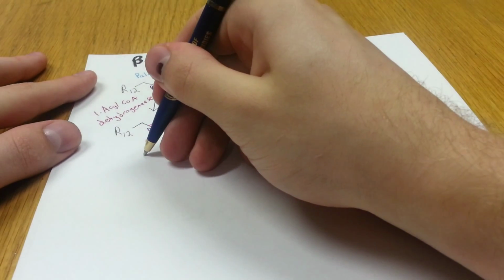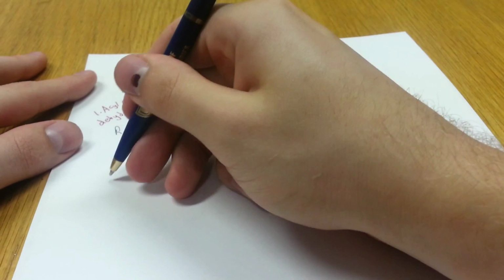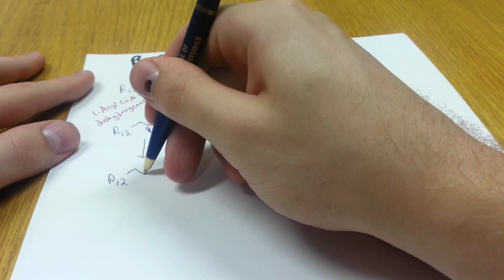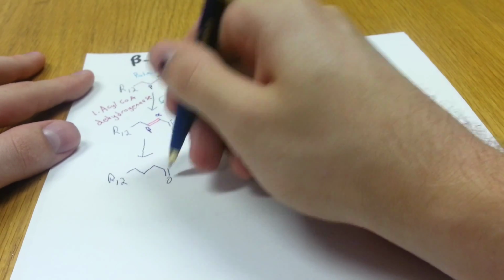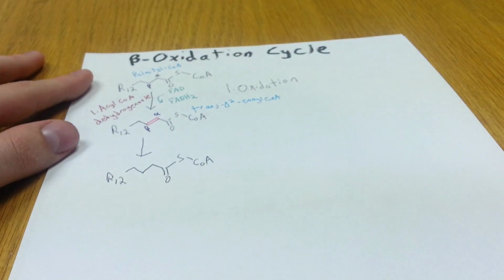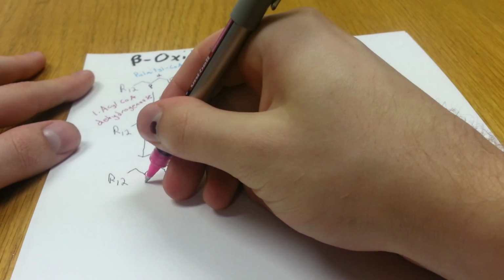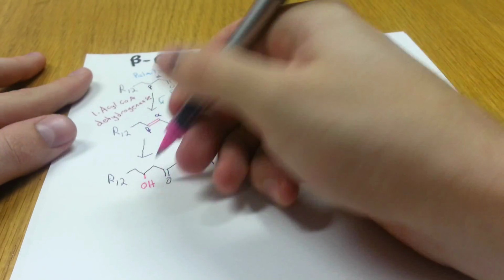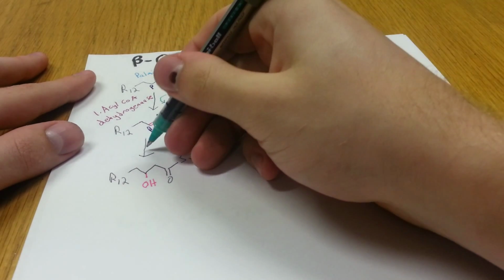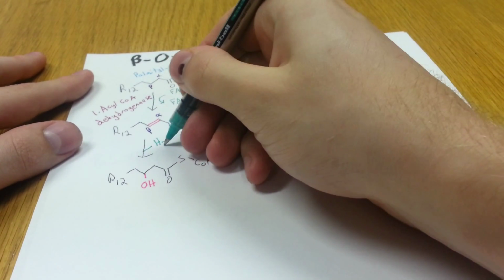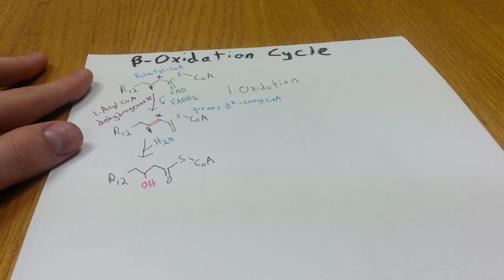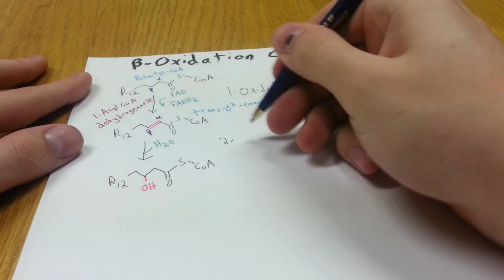Now, in this next step, we still have our 12 carbons in the chain, but the double bond is broken in this step, and everything else stays the same, except we add on a hydroxyl group right here. And believe it or not, this is called hydration. And even more surprising, when you're doing a hydration, you need water. Totally unbelievable, I know, but it's science. So this step is a hydration,